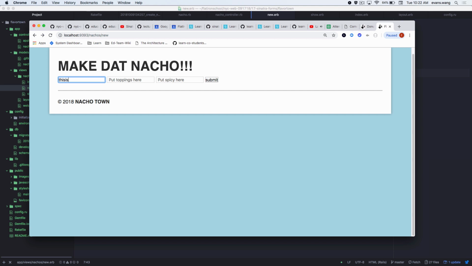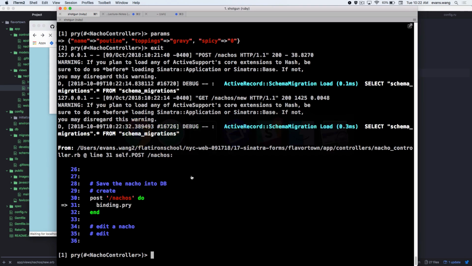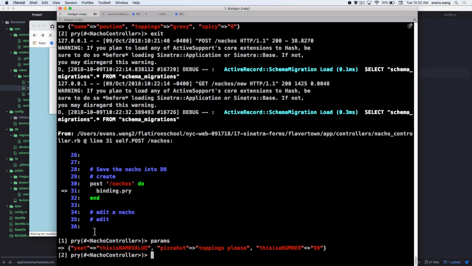This is name, value. Toppings, please, and then spiciness of 99 for funsies. If I hit submit, and I go back to my params,